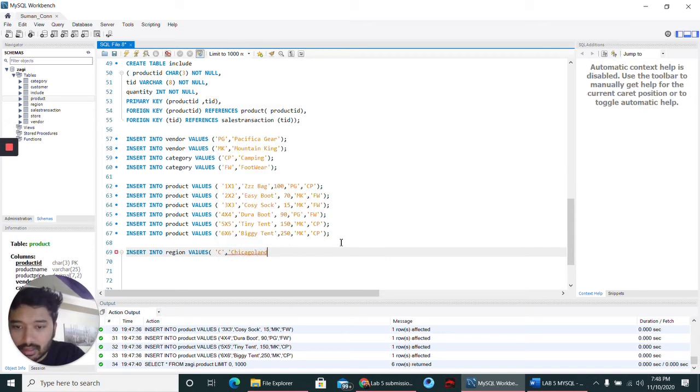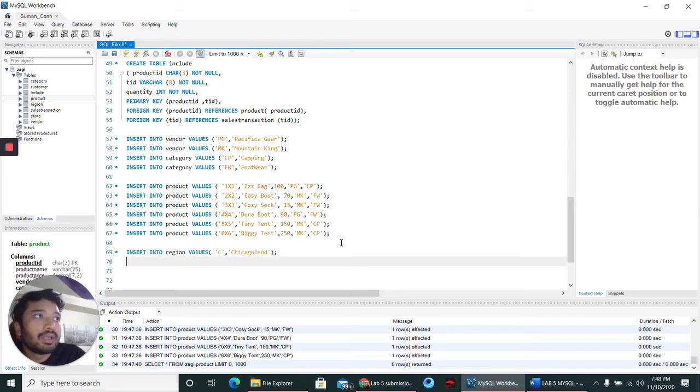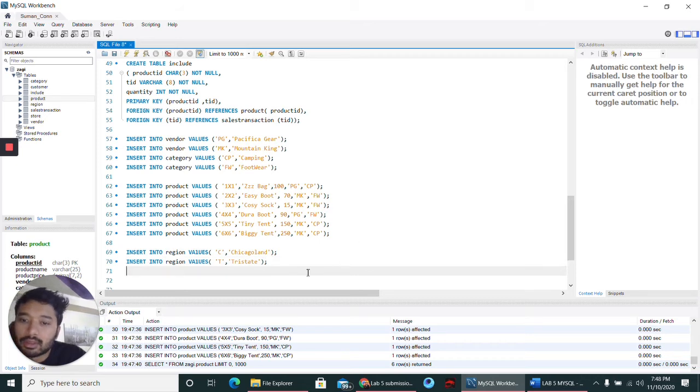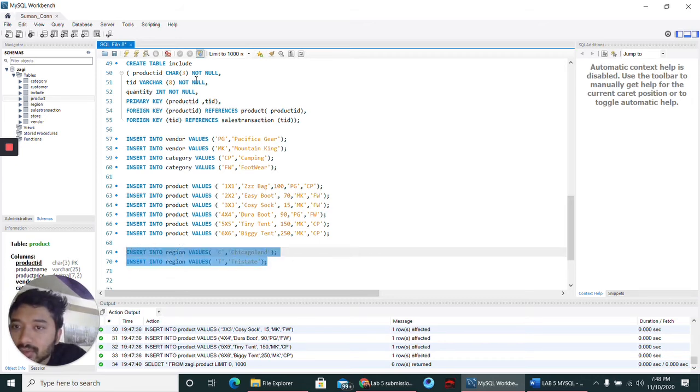Okay, now we got one more T for tri-state. I mean, we got one more. Insert into reason values. We got T that is tri-state. Okay, close this one. Let me put this value into reason. If we go and check reason, we have reason ID and reason name. All right,